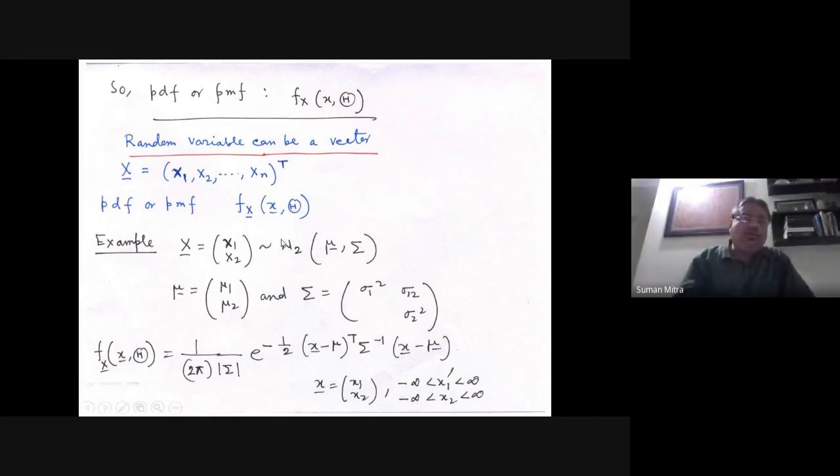So if you look at this particular slide, what we say is that any random variable x is having a PDF or PMF given by f_X(x; Θ), and I add this capital theta. What is this capital theta? Capital theta is nothing but the parameter set. Yes, this is my slide number 1. Sorry, I was into the slide number 2.